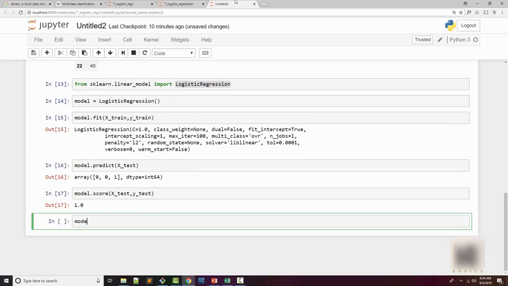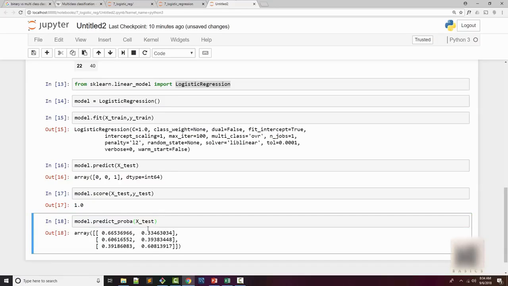Another method to try is, you can see that when you hit tab, by the way, it will show you all the possible functions that start with predi. Okay, so here you can also predict a probability. So when you predict a probability of X test, it will show you a probability of your data sample being in one class versus the other. The first class here is if the customer will not buy the insurance.